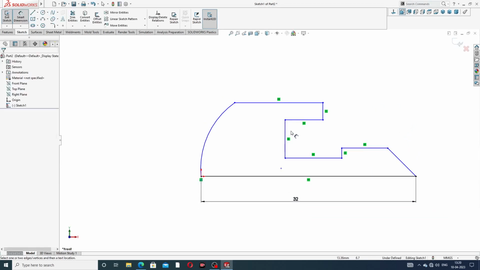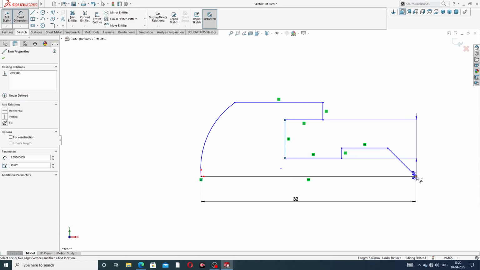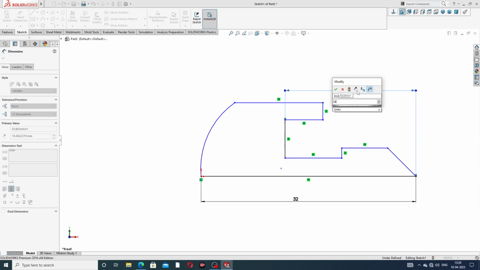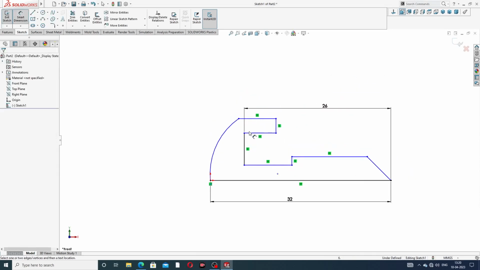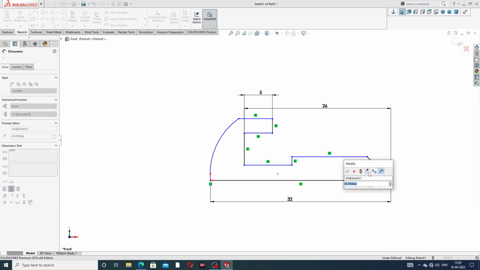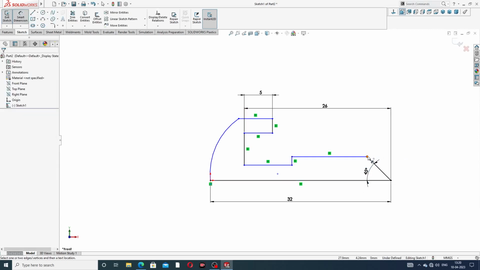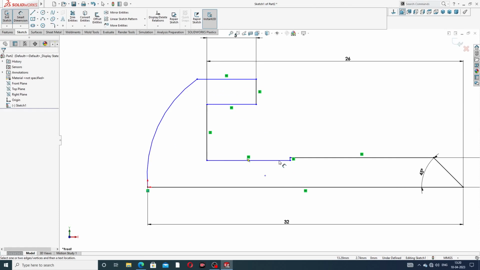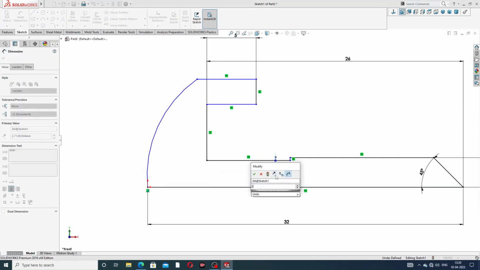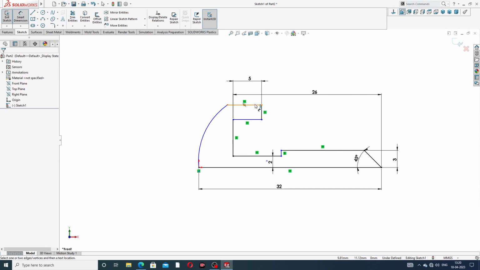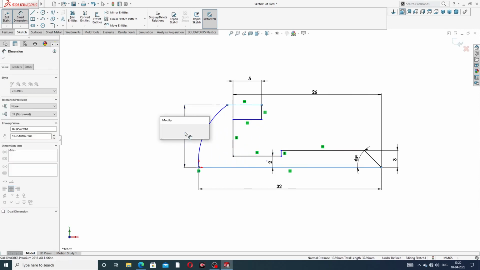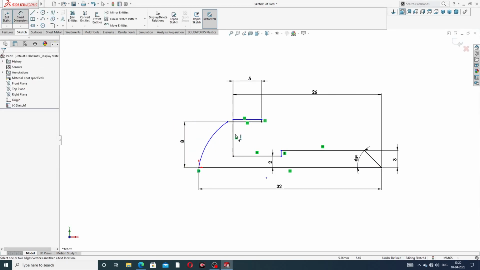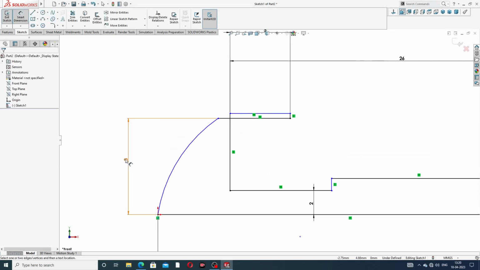Okay, and this point to this point is 26 millimeter. Okay, and this line to this is 5 millimeter, and this angle is a 45-degree angle. Okay, and this point to this length is 3 millimeter. Okay, and the distance between this is 2 millimeter, perfect, and this radius is 8 millimeter, and also this is 6 millimeter,